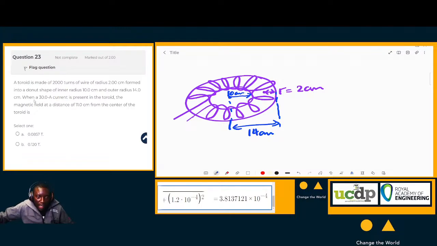Now, when a current of 30 amps goes in there and comes out through the other end, the current in the toroid, the magnetic field at a distance of 11 centimeters from the center of the toroid is, so 11 centimeters, we are just a centimeter into the conductor around this donut shape. So R at 11,